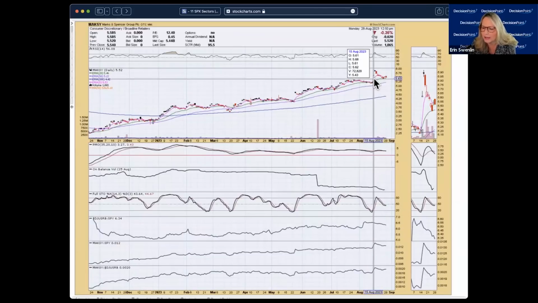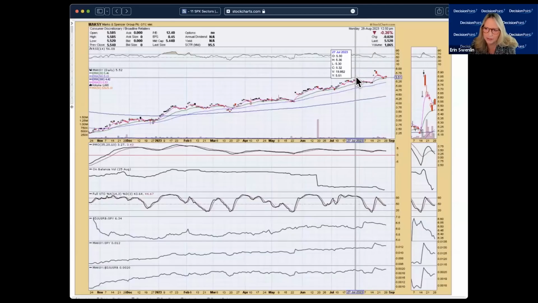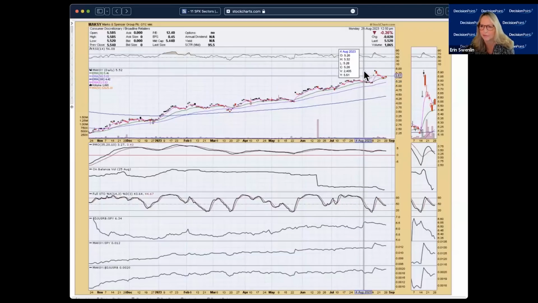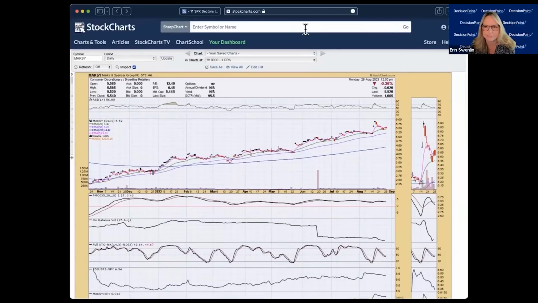If I were in it, I could see holding it just because it's held this area of support, and your stop level, well, that's probably your best one at 7.3% below this level of support, but you could certainly tighten it up to this level of support at these tops at about 2.5%. Okay, MUX.